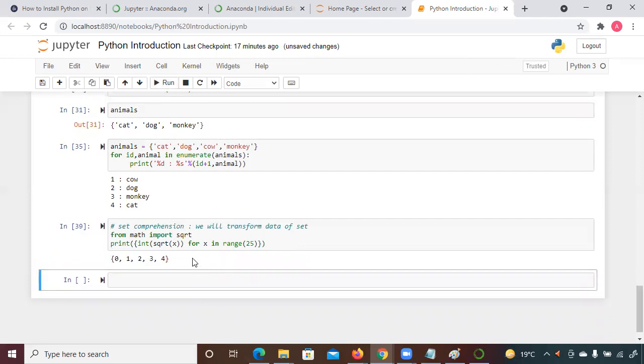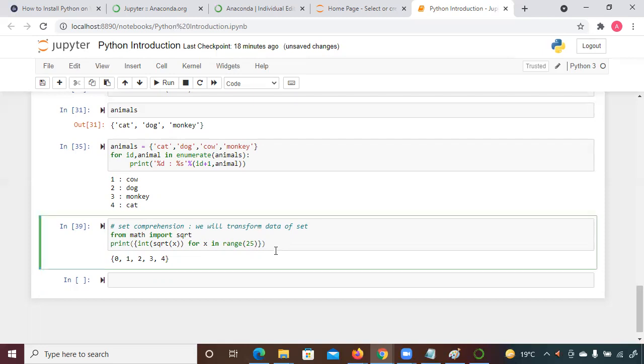You can see here, so from math import sqrt, it is going to print it. So whichever is in the range of 25, it is going to consider all those. Square roots: 4 has square root 2, 9 has 3, 16 has 4. 25 it will not consider because it always follows the n minus 1 rule. You might be aware of it, right? Because we are passing 25, it will not take the 25. However, if I take 30, then it will consider it.